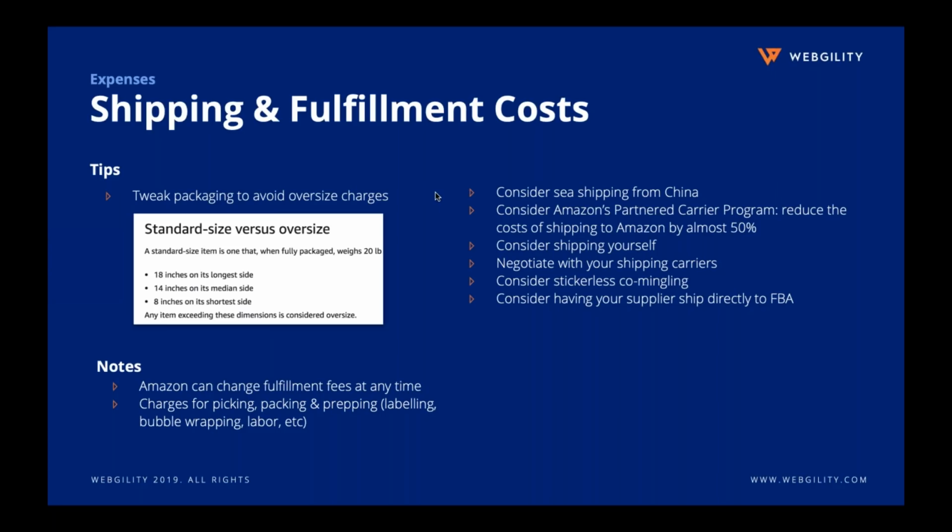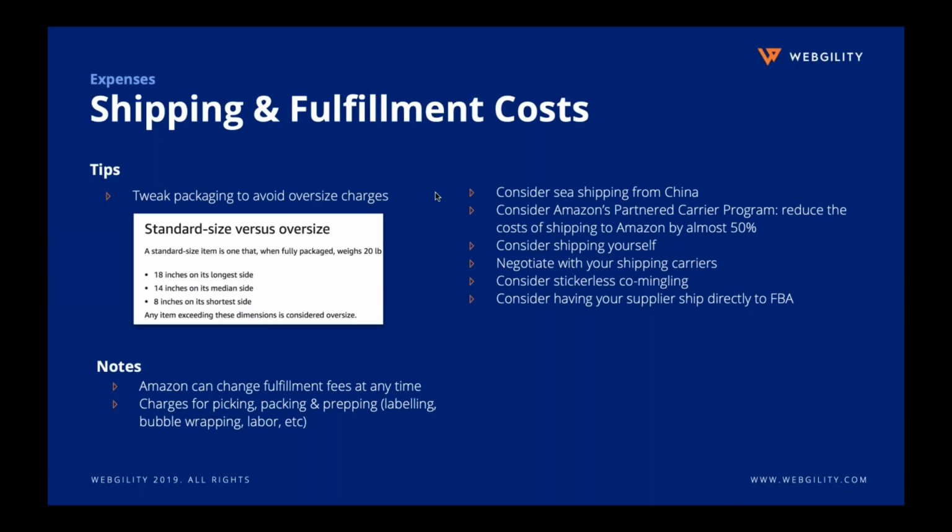So consider Amazon's partnered carrier program. You can consider shipping yourself if you have the right inventory type and the inventory space, or you have the means to obtain that inventory space so that you can ship yourself. That can help with that. You can negotiate with your shipping carrier, so pit them against each other if you need to. If you have enough volume, then work